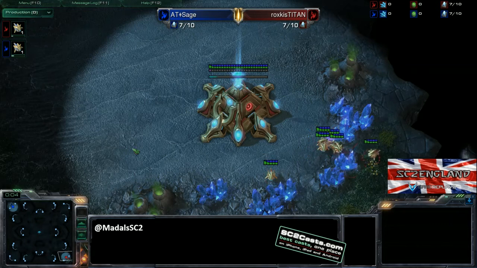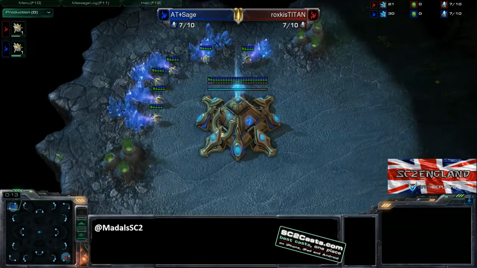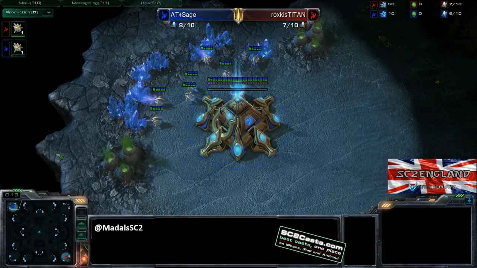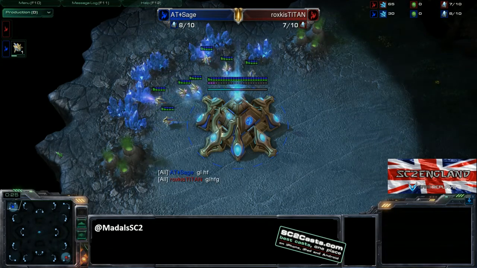Now guys, today I've got a ladder game. It is between Ruckus Titan, the red Protoss player in the lower right position, who's up against 80 Sage, who is of course the blue Protoss player in the top left. Now, the smart amongst us may have realised that both were Protoss, therefore we've got a PvP, a mirror matchup